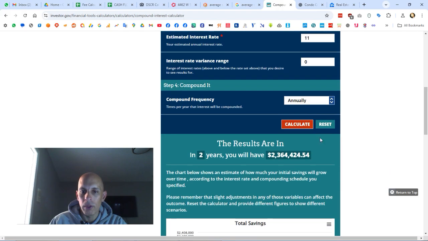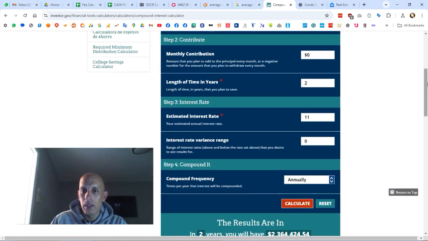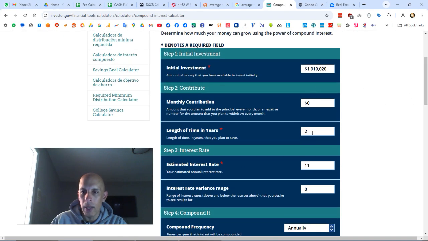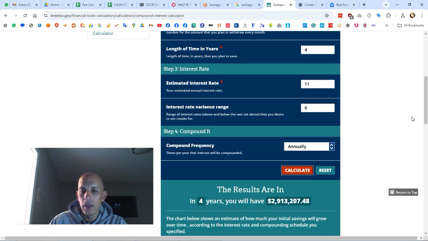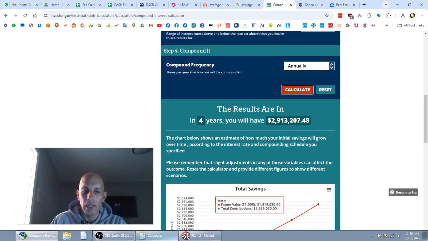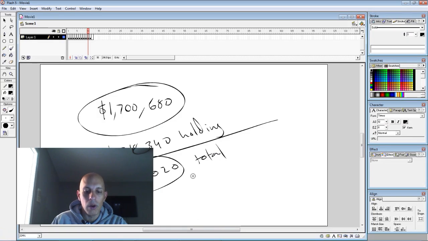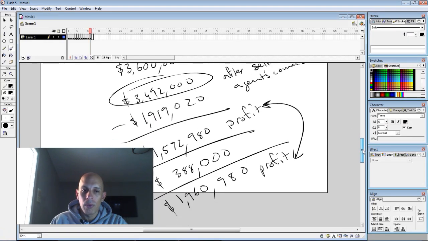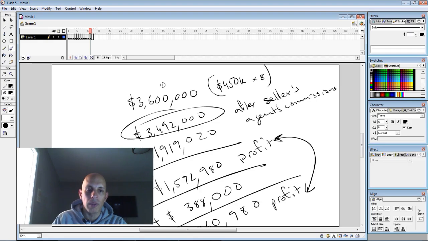Let's see what that looks like. You're walking away with $2.3 million. That's telling you what the value of your portfolio will be. So it's going up from 1.919 to 2.3. That's not the profit that you're making. And this tells you that your value will be 2.9 million. So here you are walking away with an additional $1.9 million in profit, or 1.5 million. So you're walking away with something worth 3.6 million to